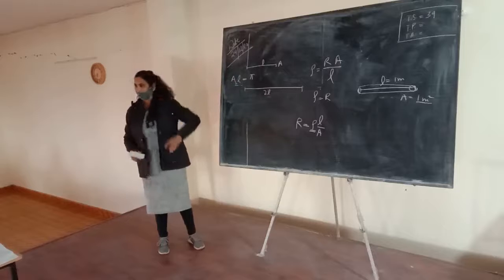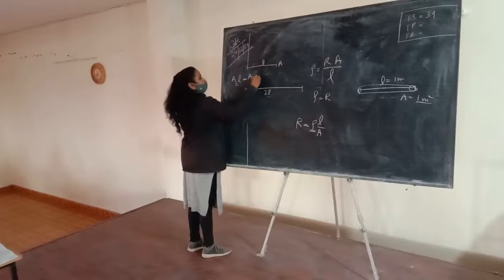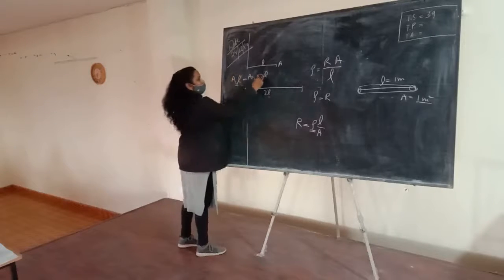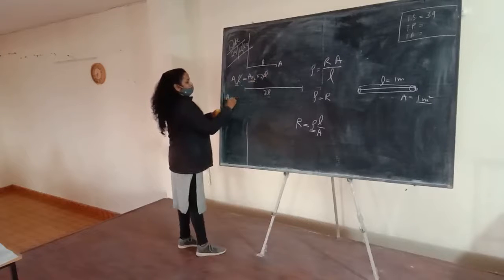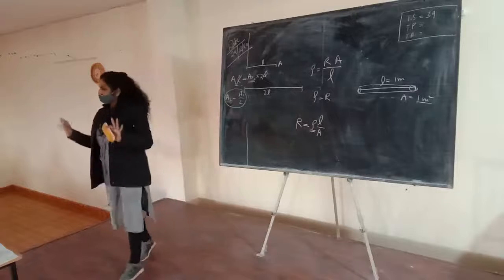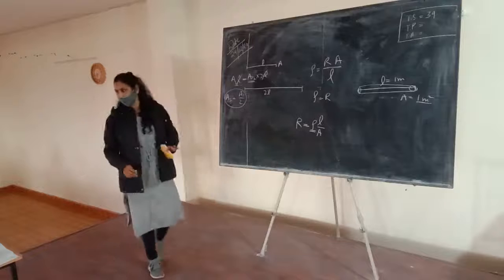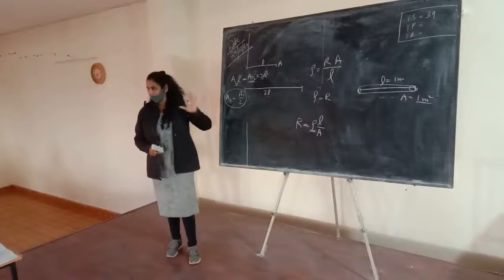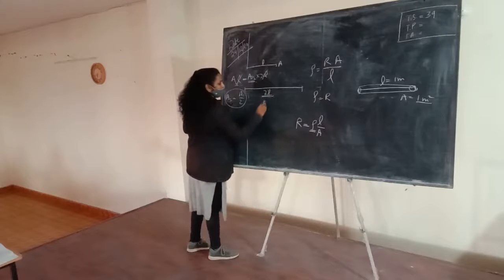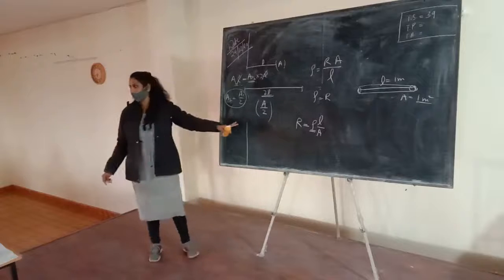Now you increase the length of the wire to double. It means it will be 2L. So how much will the area change? The area will be A1 upon 2. By mathematics, we can easily understand why the area becomes half. If you increase the length by double, then the area will become half. So now the new length of the wire is 2L and the area will be A upon 2. If the initial area is A, the final area will be A upon 2.